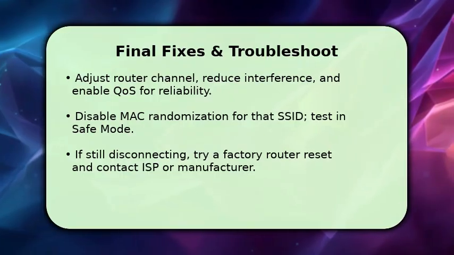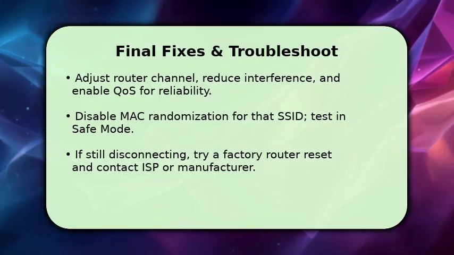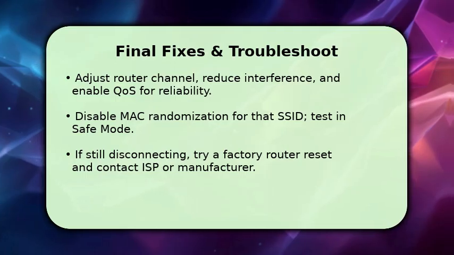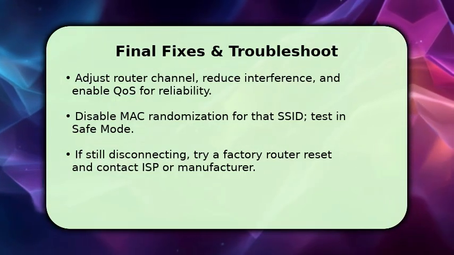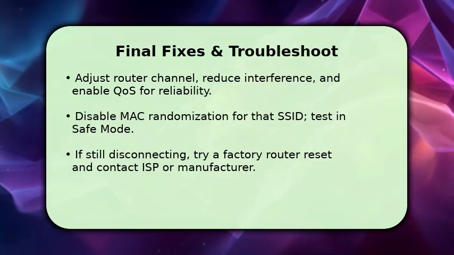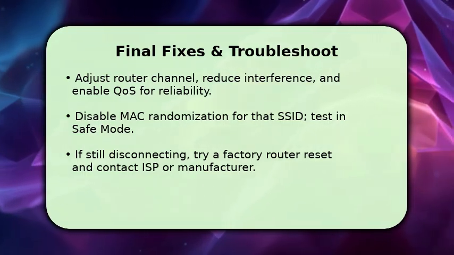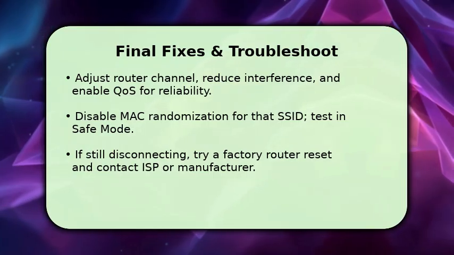Change router channel to avoid interference, lower transmit power if overcrowded, and enable QoS for critical devices. Turn off MAC randomization for the network so authentication stays consistent, then test connectivity in safe mode to rule out